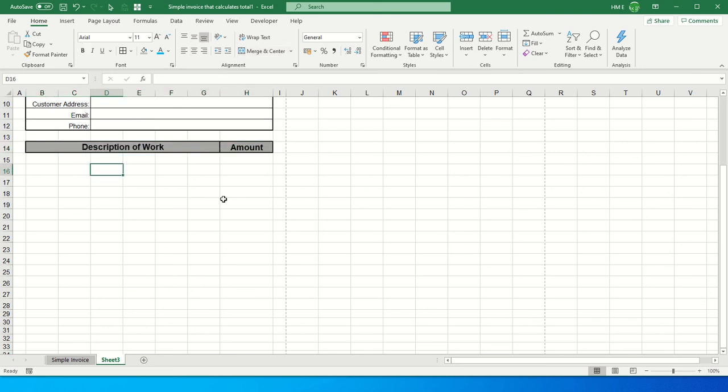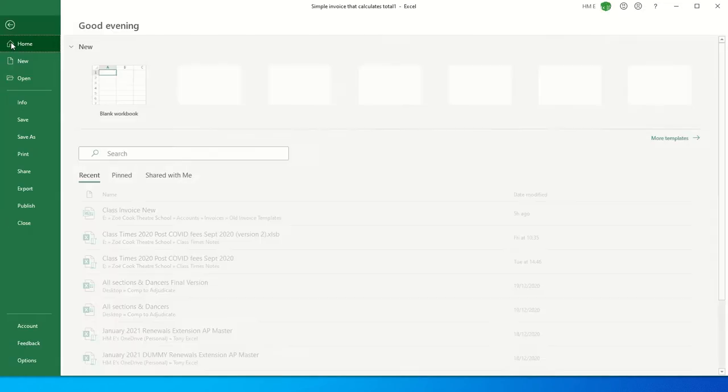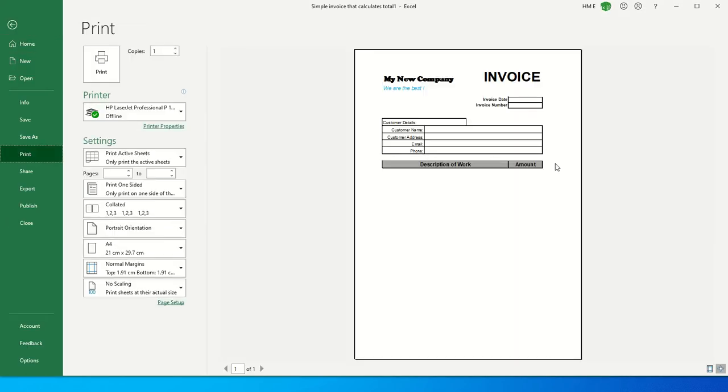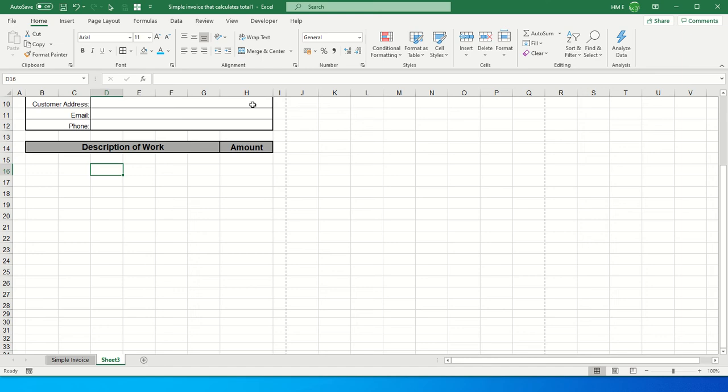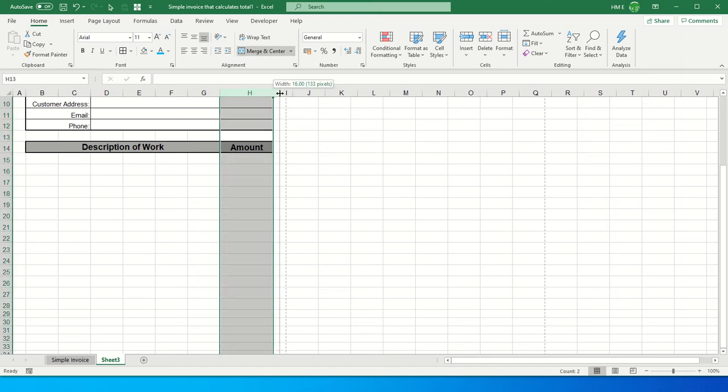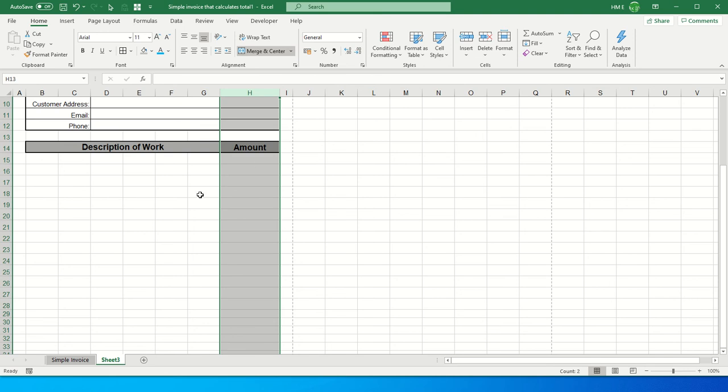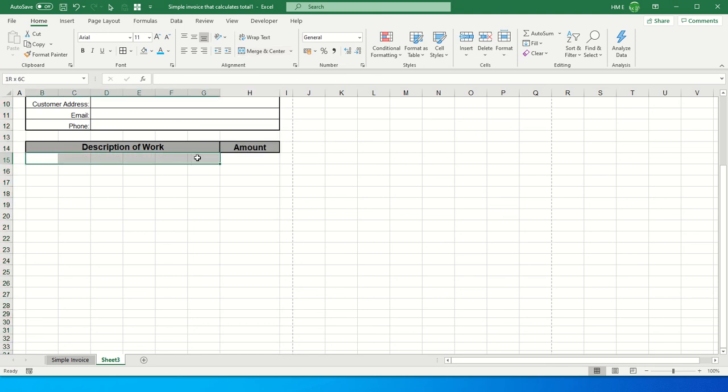There we go. Now if I look at my preview, file, print, preview, starting to come together nicely now. I'm going to move this column and make it slightly wider. I'm still within my dotted line, that looks good. Now remember, if I want to merge cells across a row, I'm going to go down to all the ones I highlight, which was 28. So I click on B15 with my left mouse, hold it down, drag it across, and drag down, still holding down the left mouse